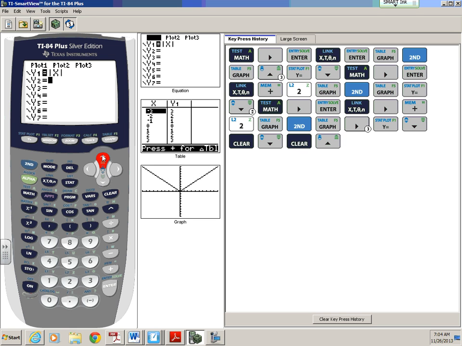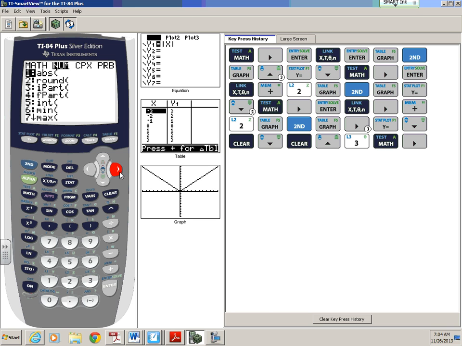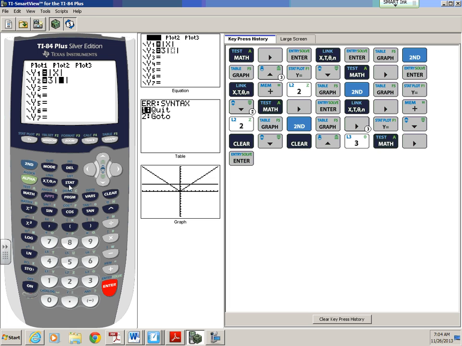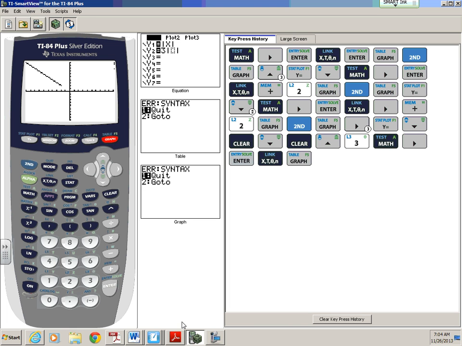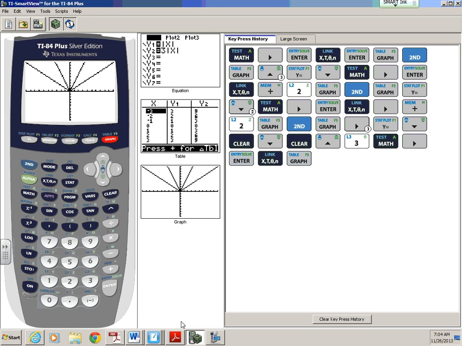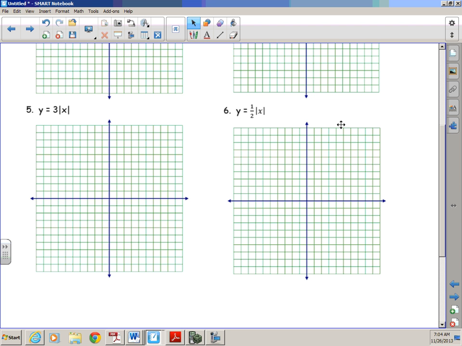So this one is y equals 3 times the absolute value of x. And let's see what happens to our graph. There's the original, and there's the y equals 3 times the absolute value of x. So now what you can see is that the